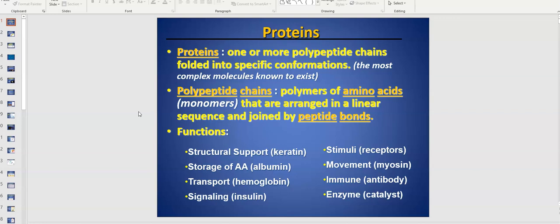And also, I want you to remember that amino acids have different chemical properties. Some can be positively charged, some are negatively charged, some are not charged. Some are acidic, some are basic, some are hydrophobic, which means water-fearing, and some are hydrophilic, which means water-loving. So it's those chemical properties that dictate the shape of the protein, and the shape of the protein dictates its